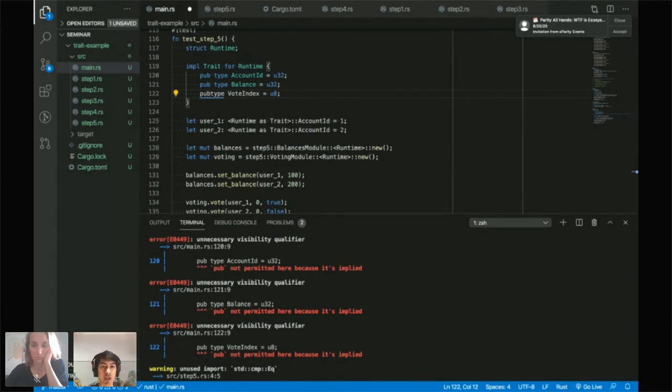I think I can cheat actually, because I know the account ID is U32 here. I think I can just define this as a U32, or just have no definition at all and let it be implied. But there should be a way to hard code these type definitions. But for the sake of time, and because my computer is lagging so much, let's see if we can just get this to work.